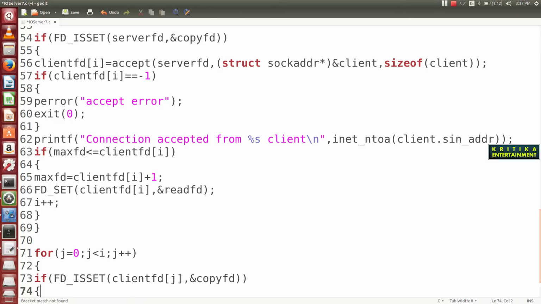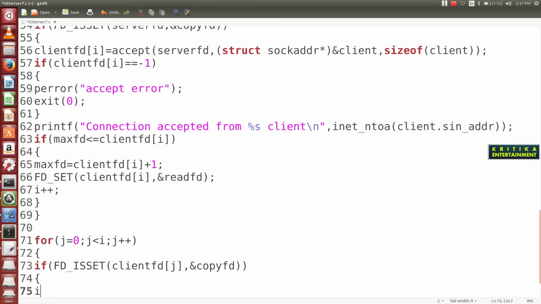Then write int r is equal to recv, what will it receive? client_fd[j], then what is the message?